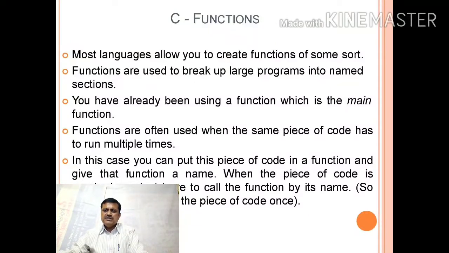Now, what is the reason behind creating the functions? Why not we write a whole program, 10,000 line programs at a single stroke or in a single program itself? So the reason is, when you write 1,000 or 10,000 lines of program, that time it is very difficult for you to find a particular error on a particular line.